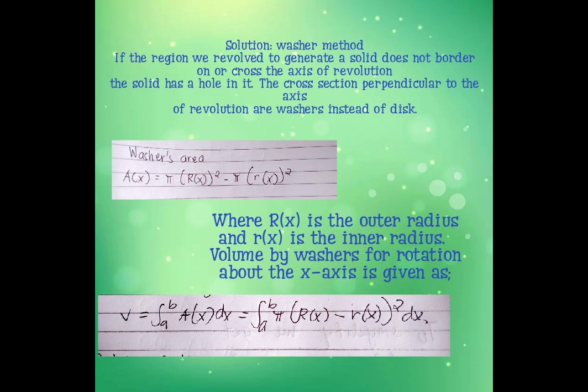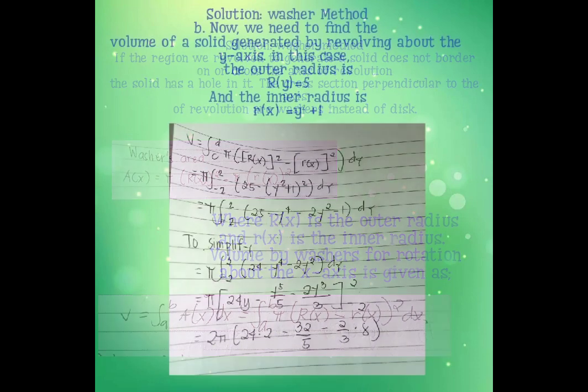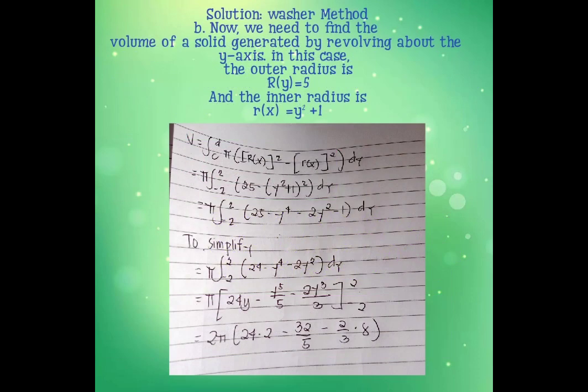The volume by washers for rotation about the x-axis is given as the integral of A of x dx, which is equal to the integral of pi times the outer radius squared minus the inner radius squared dx. Now we need to find the volume of the solid generated by revolving about the y-axis. In this case, the outer radius is equal to 5. The inner radius is y squared plus 1. So from the previous equation, we get the volume by washer method: the volume is equal to the integral of pi